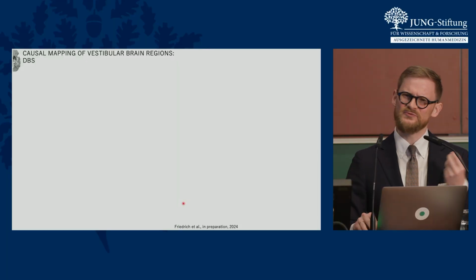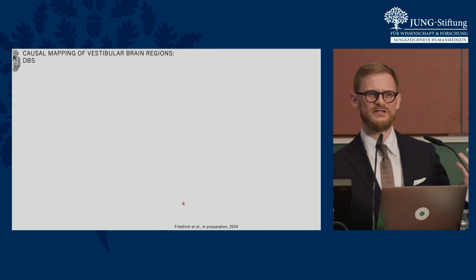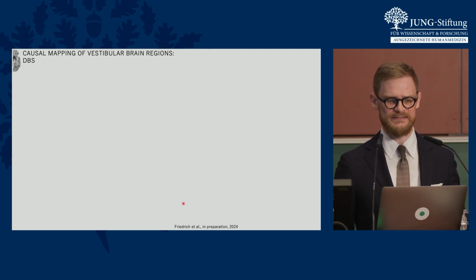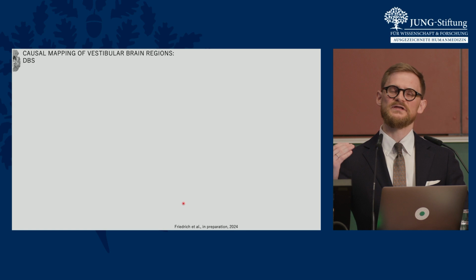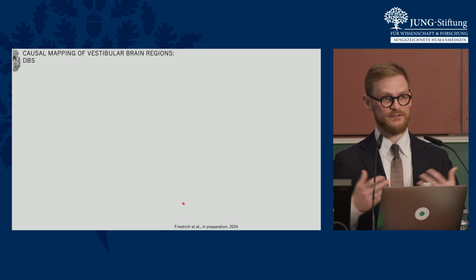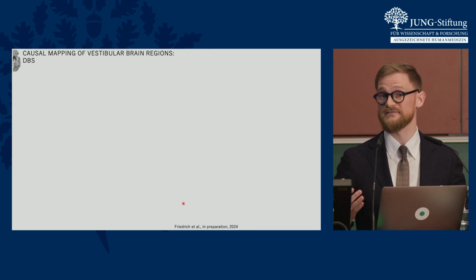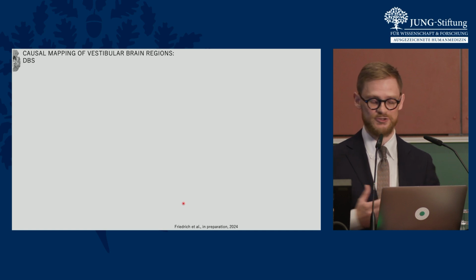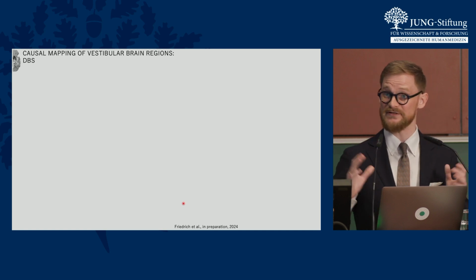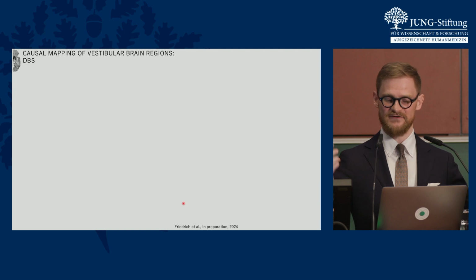So we were wondering, what does this spot do? It was really not covered in most of our anatomical atlases. It was a true terra incognita. So we wondered, can we get our hands on more causal sources of information? And we thought of DBS, deep brain stimulation electrodes. And in fact, we found one patient, serendipitously, who had a side effect from his deep brain stimulation that looked just like the problem the patient had.